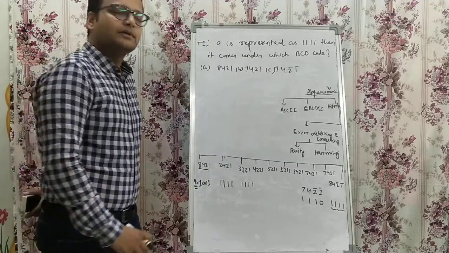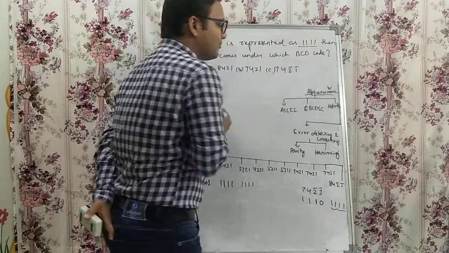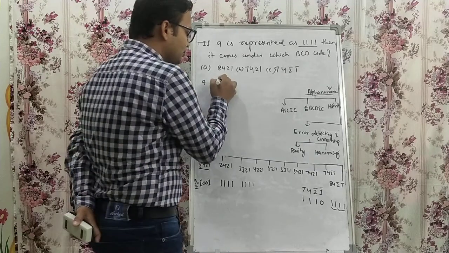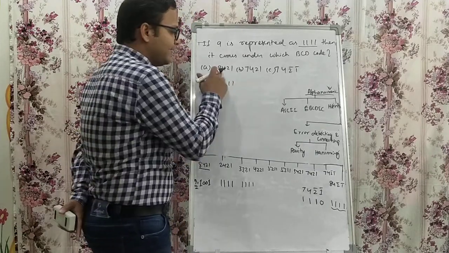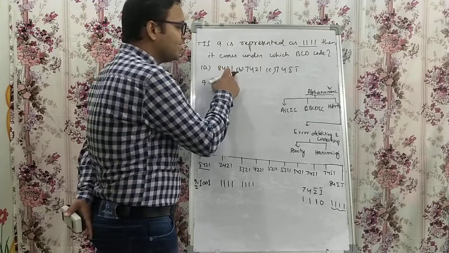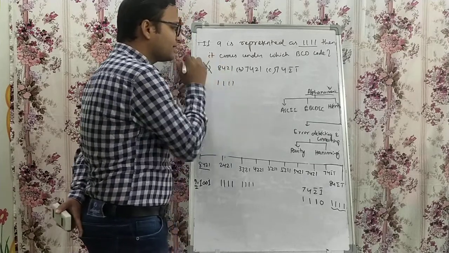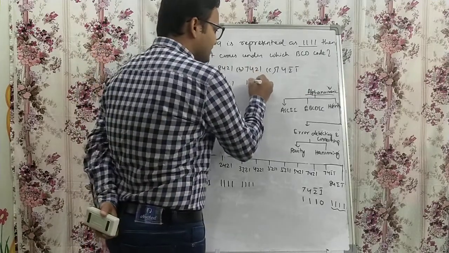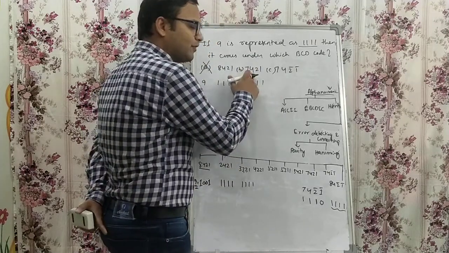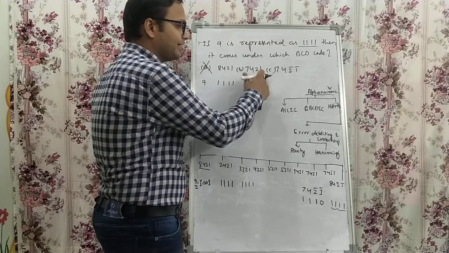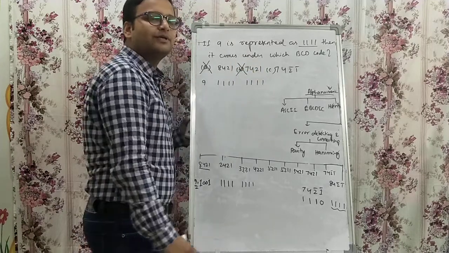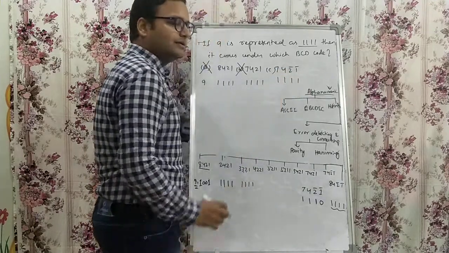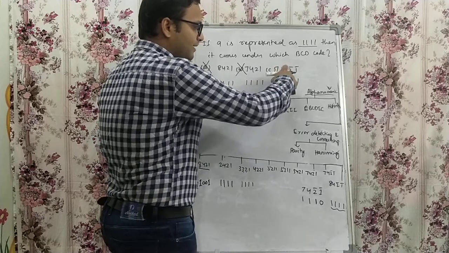So what do you have to do? 9 can be represented as 1111. So here he has told you 9 can be represented as 1111. Now you put the weighted values over here: 8, 4, 12, 2, 14, 1, 15. So 8421 is not the code which represents 9 as 1111. Similarly put here 7421. So 7 plus 4, 11, plus 2, 13, plus 1, 14. So 7421 also is not the code which represents 9 as 1111. Now you check this one, 742 bar 1 bar.